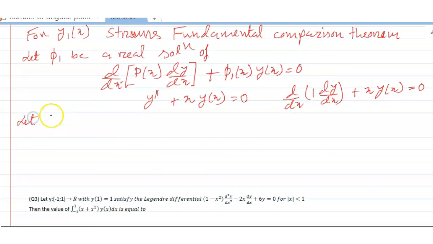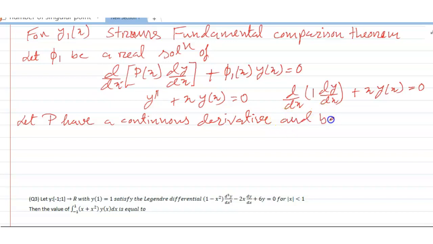Let p have a continuous derivative and be such that p(x) is greater than 0, and let